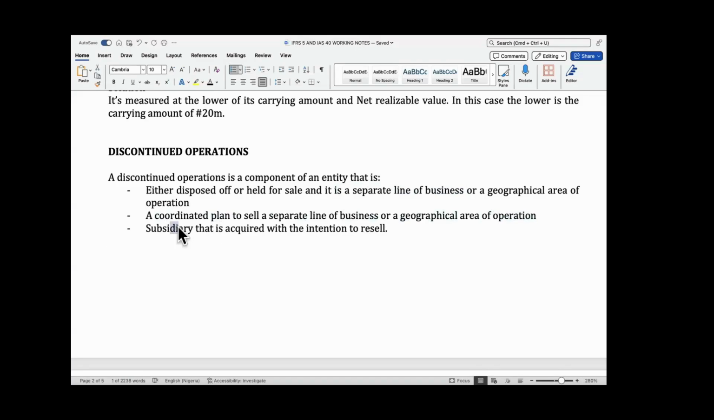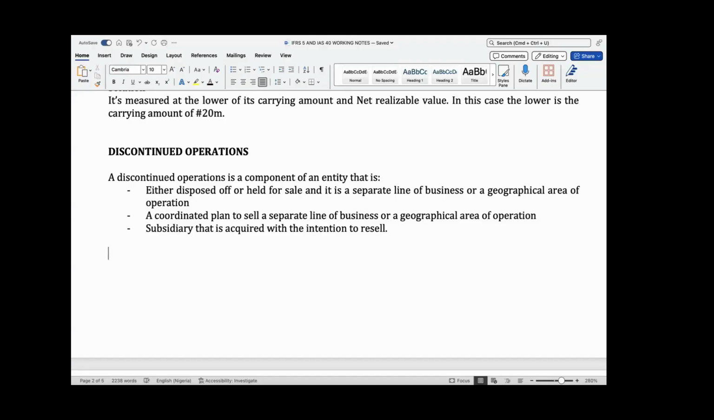And also, it can be a subsidiary that you bought, and your intention of buying that subsidiary is that you want to sell it. Your intention is that I want to sell this asset. That was why I bought it. And that is a discontinued operation. So now, having a discontinued operation,